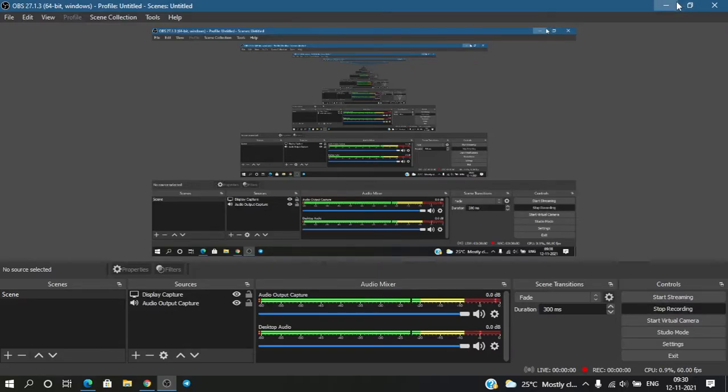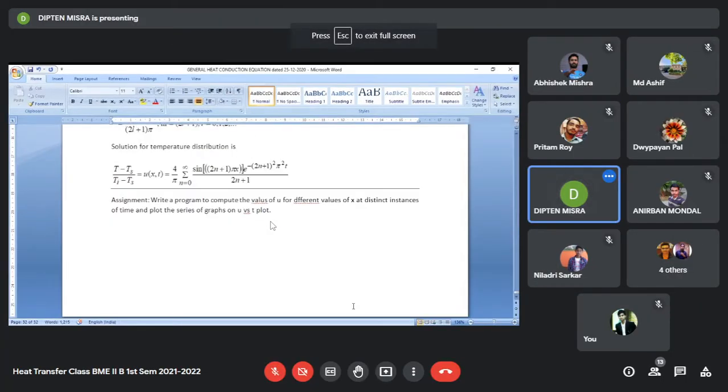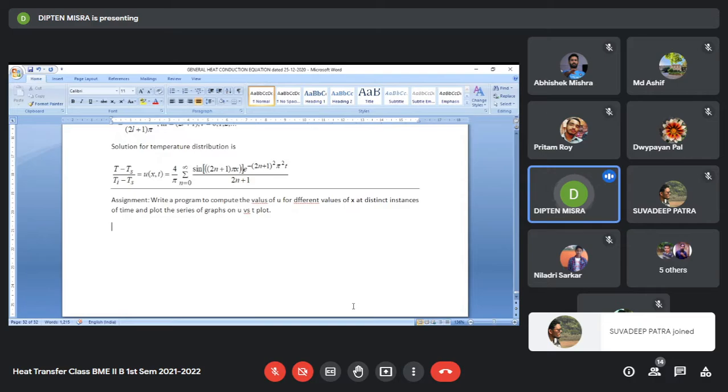Before we go to convection, I'd like to give two more assignments on the problem that we have just now solved, that is for 1D transient heat conduction. One problem that I'd like to give is